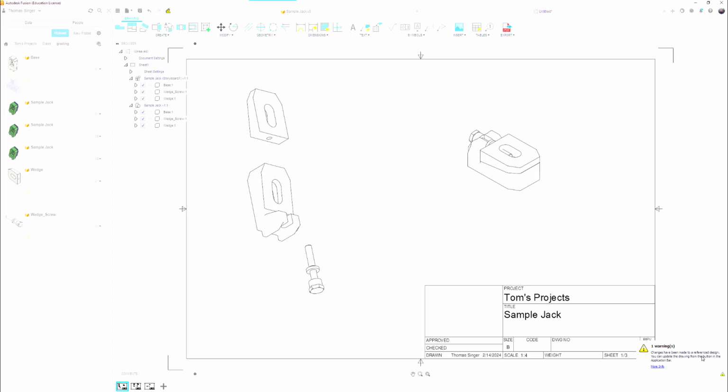And so ultimately, it's telling us that changes have been made. Do you want to update them in the drawing bar? We can update the drawing bar, but I'm also just going to delete this particular view, and then we'll work on a new animation view. So we'll pick base,